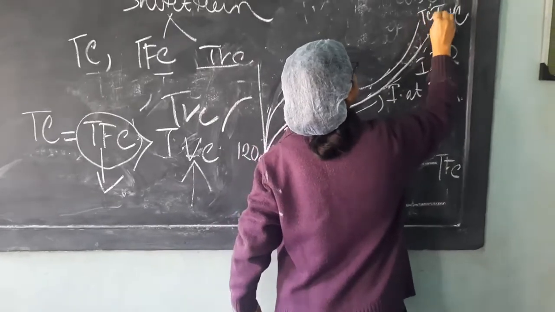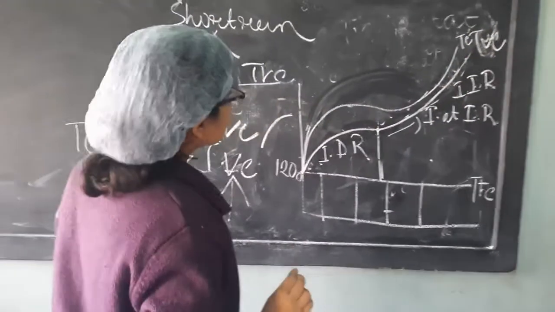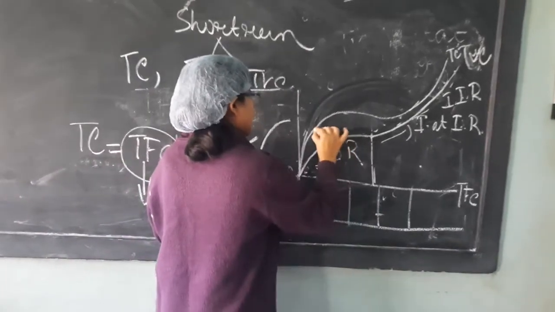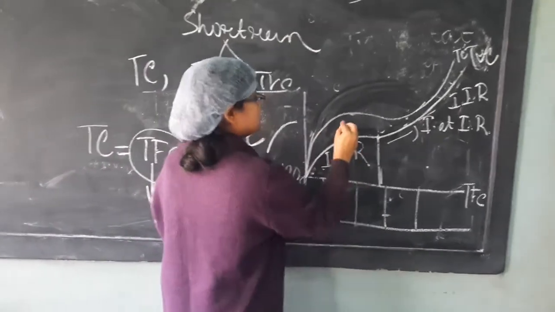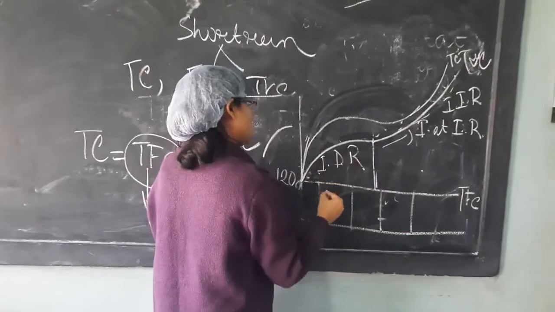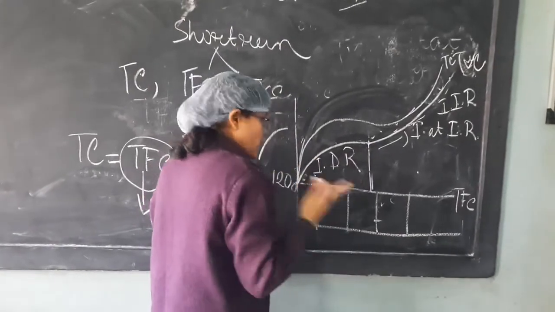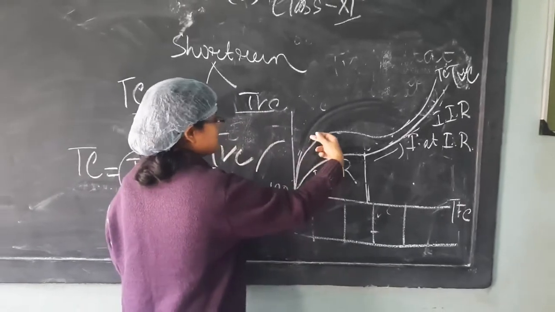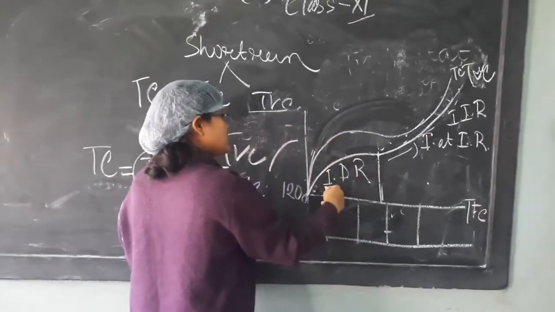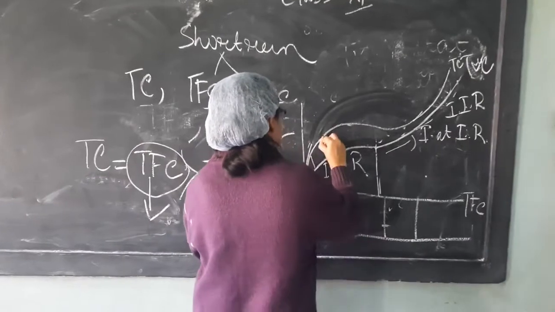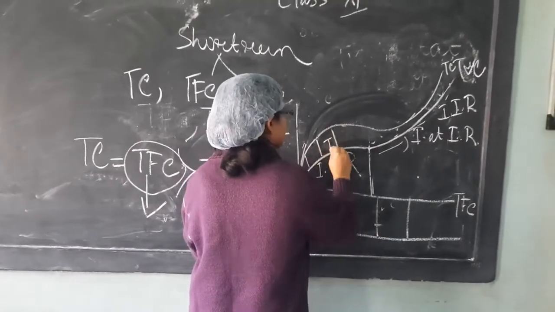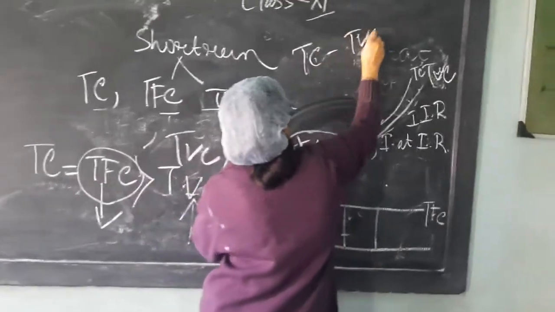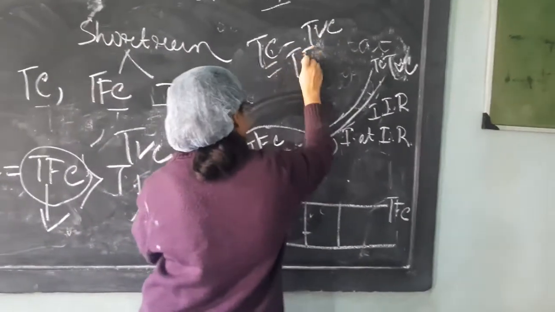Okay, that is TC. Here, at first what will happen? At first the gap between the TC card and the PVC card will be wider. Why? This wider part is known as the gap between the TC card and the PVC card, and this part is known as what? TFC. Yes, because TC minus PVC is known as TFC.